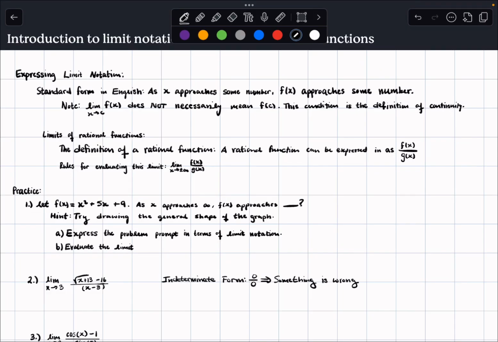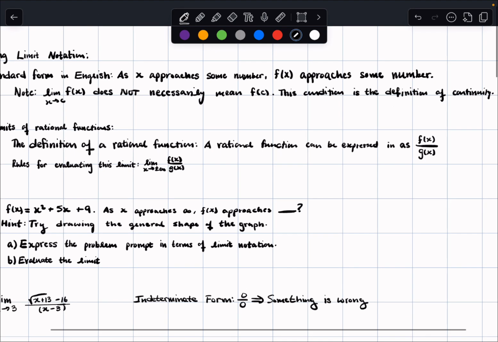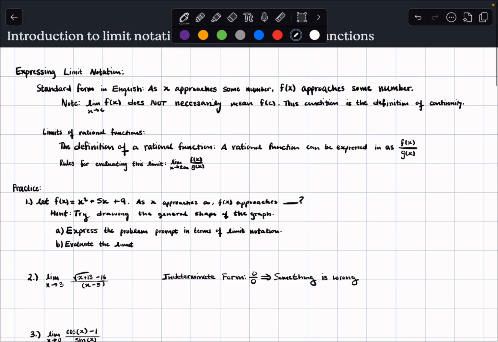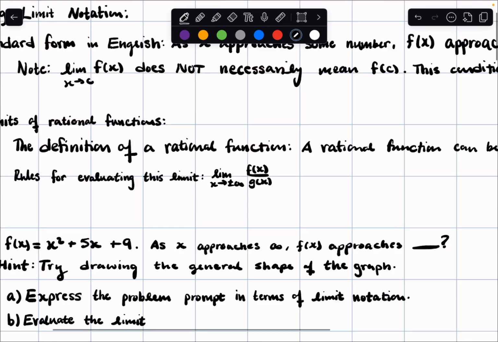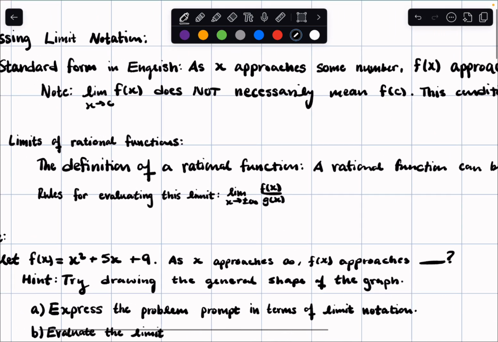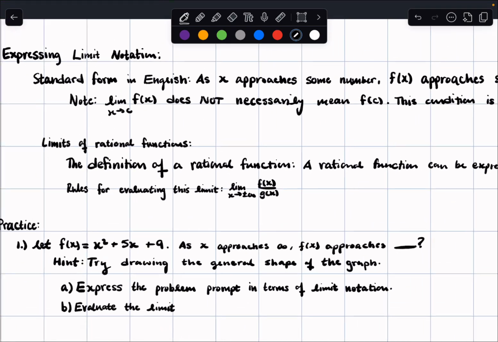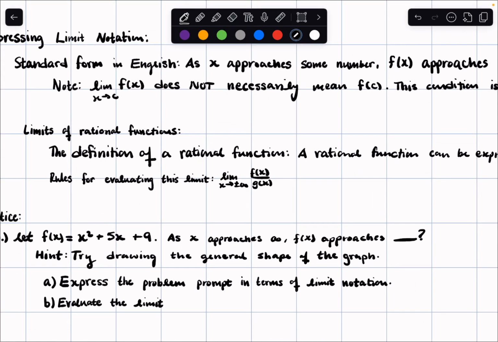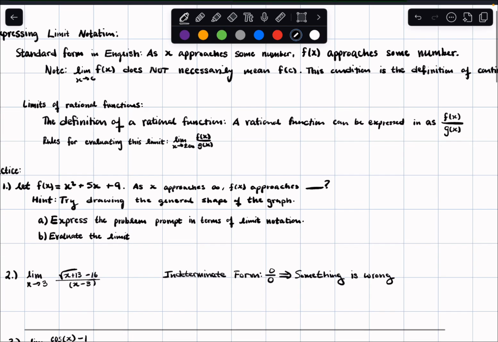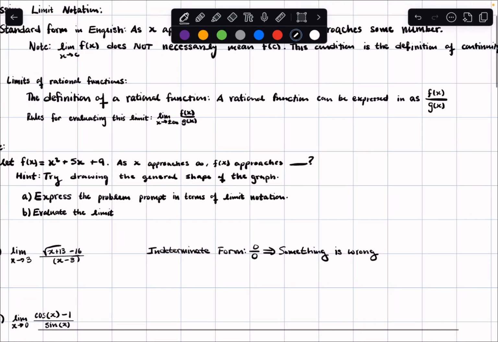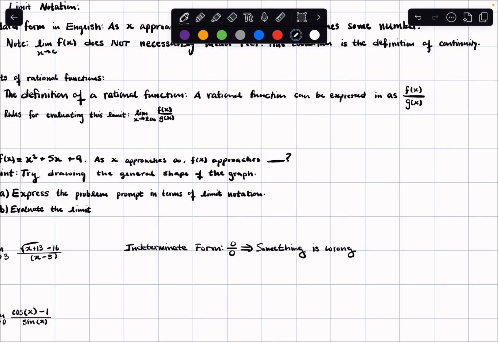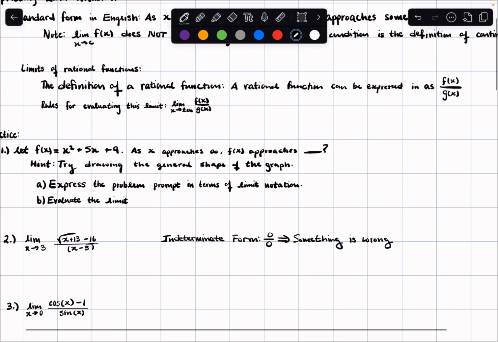Welcome to Calculus 1, where we will be taking a look at limits and how they work. What is the standard form of a limit? Well, we're talking about a number approaching a value that doesn't necessarily exist, but it is approaching a value. It's not that value at that point, but it exists. That's the standard form. The limits of rational functions, well, it's a function over another function, and we can evaluate